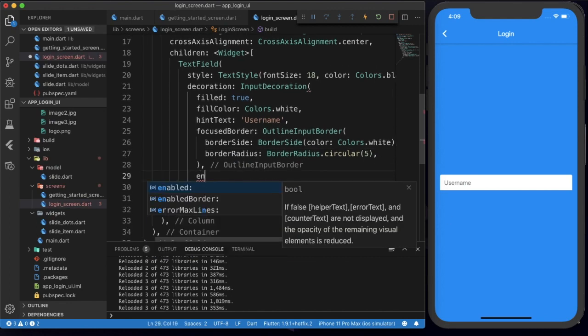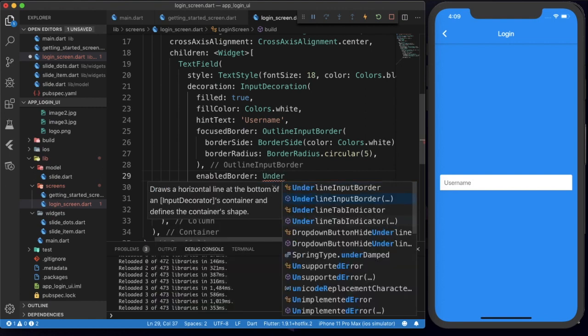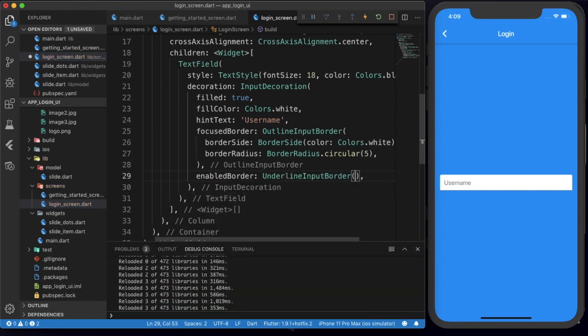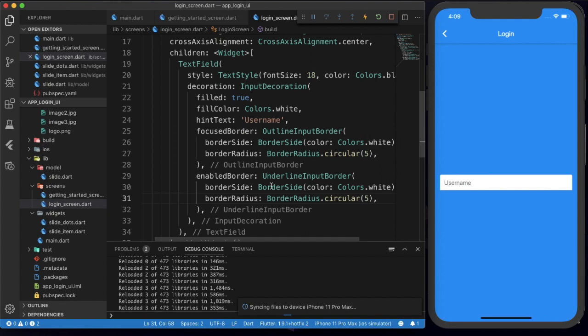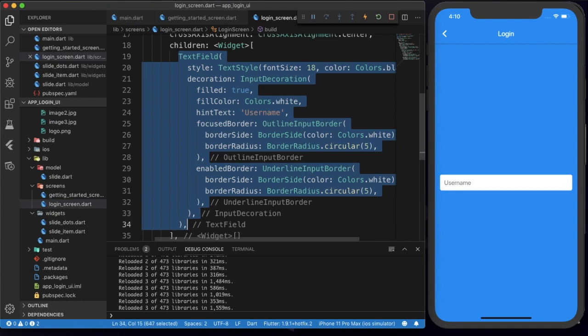Then for the enabled border I will provide an underline input border, and I can provide the same styles over here. So now save it. Now we can see that we have a similar radius for every corner of the text field, right? So that's how we can create this input text field. Similarly I can copy this text field